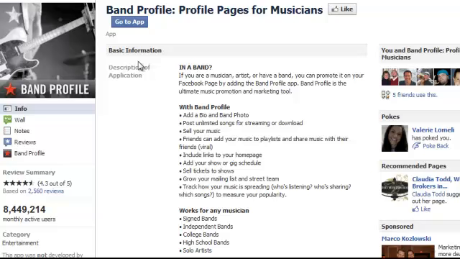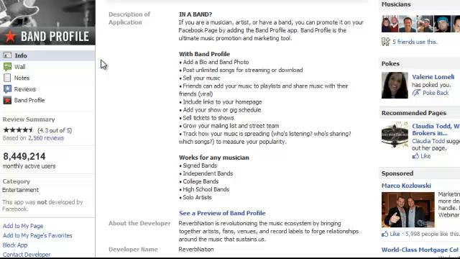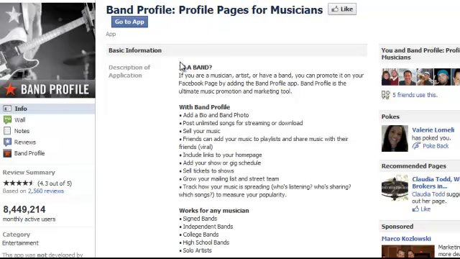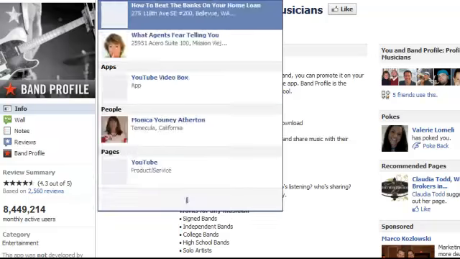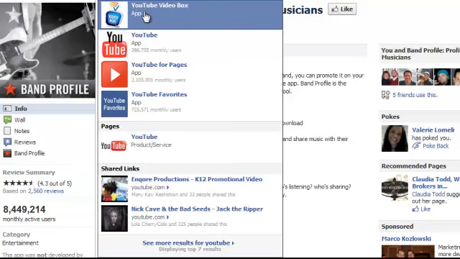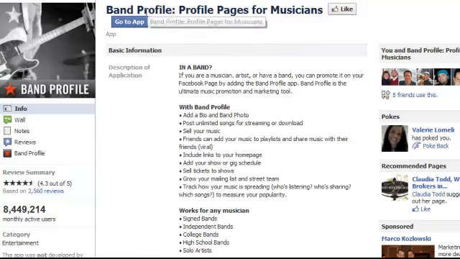Now here's how it works. You go to an app like this, and by the way, this may not make any sense. I have other tutorials on the actual marketing aspects of which apps you want to use to create a YouTube tab and all these other items. But for now, here's the whole concept. Let's say you want to add this app to your page, or you know what? Let's just do a YouTube one. This will make so much more sense. YouTube Video Box app. So if I click on that,